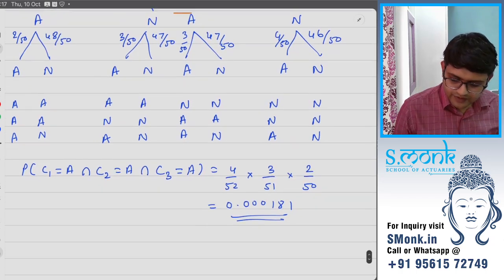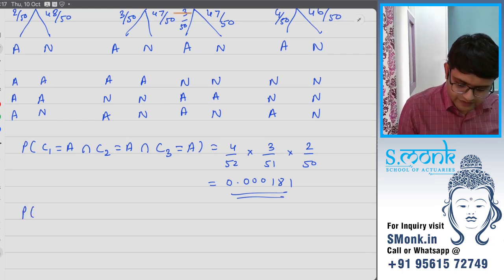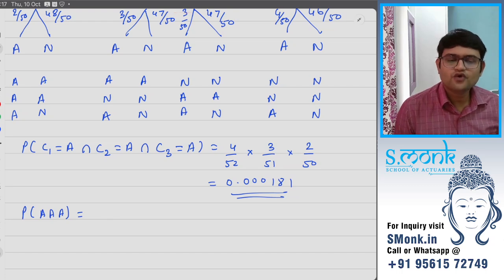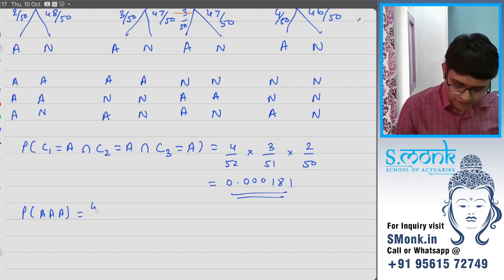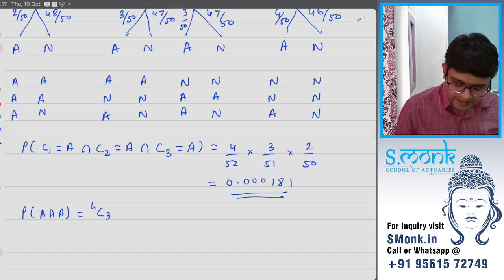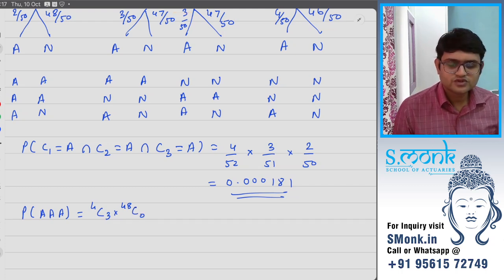Now the other way we can solve this is using combinations. We can say the probability of selecting 3 aces is going to be that there are a total of 4 aces in the deck. So I'll say 4C3. I am selecting 3. Out of those 4 aces, I am selecting any 3. And out of 48 non-aces, I am selecting 0. I am not selecting any from those 48